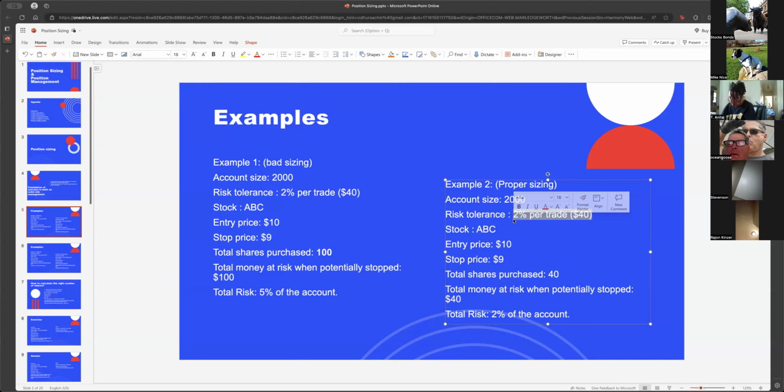It doesn't matter what your portfolio size is. Try to calculate what 2% is. Write it down. That'll be your risk tolerance. If you're going to risk 3%, write down what 3% of your portfolio is, but no more than